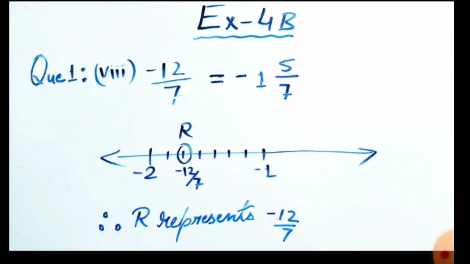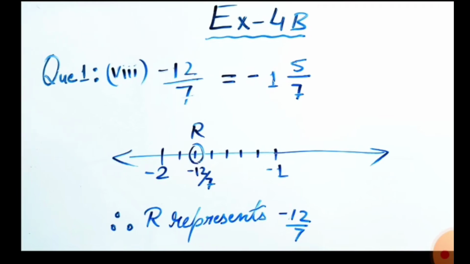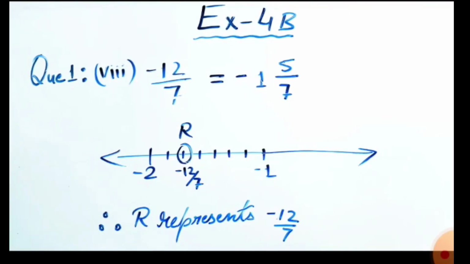Now see the question number 8 of question number first. This is minus 12 by 7. Again the numerator is bigger than denominator and it is negative. So the negative sign will be as it is here. We will convert only it into mixed fraction. So we know that 7 1 times 7 and 5 will be the remainder. So it will come on the top. So 1 whole 5 by 7. It is now in the mixed form. Now 1 whole means 1 complete, and from the next one we'll divide it into 7 parts and we'll take only 5 parts. Let's see how.